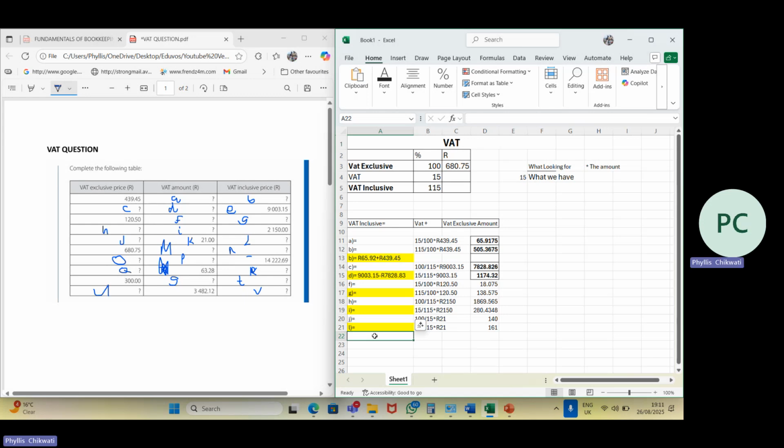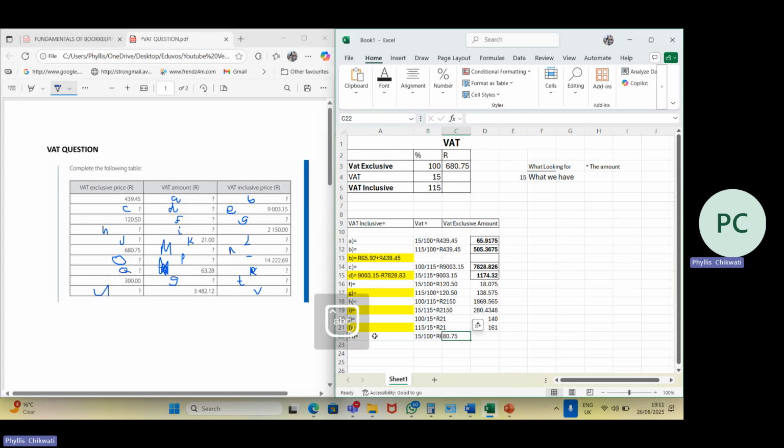Our VAT portion, that's our M. So therefore our VAT percentage is 15%. So we're going to say 15 over 100 because our complete line now is VAT exclusive amount. We'll multiply that with the VAT exclusive rand value,